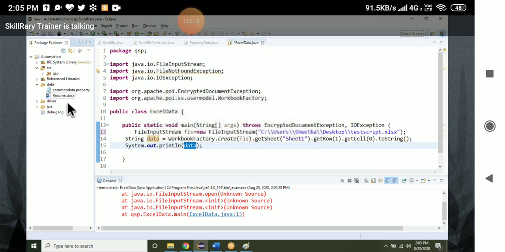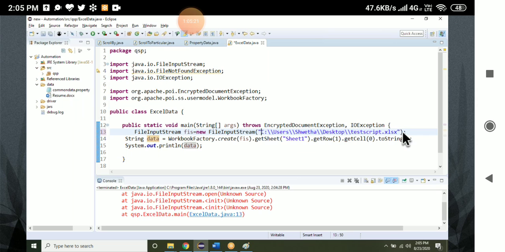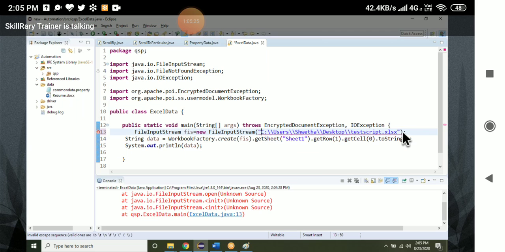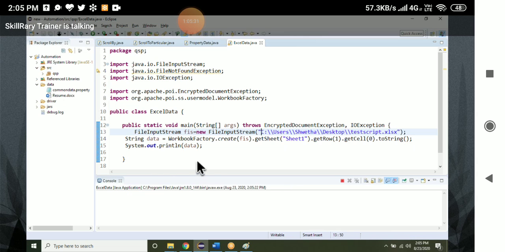I will keep the file in the Excel folder itself. Now I will execute. So that's the reason it was not working. Normally everyone will make this mistake.